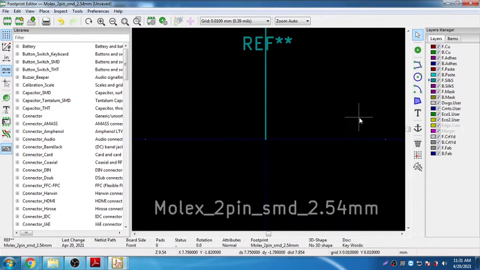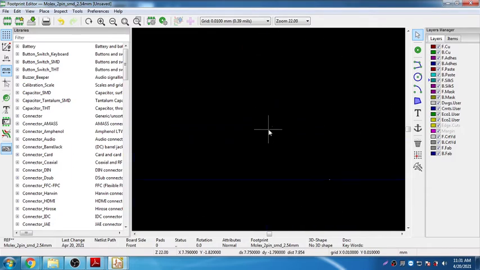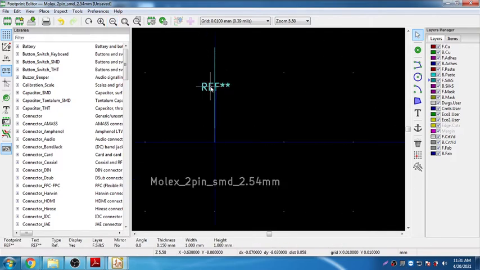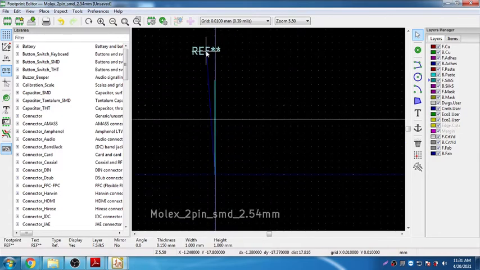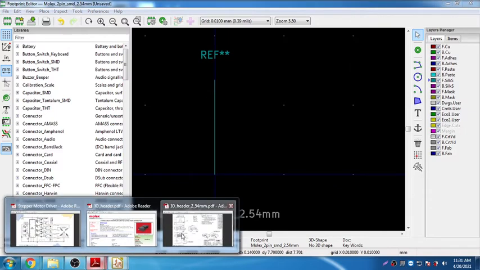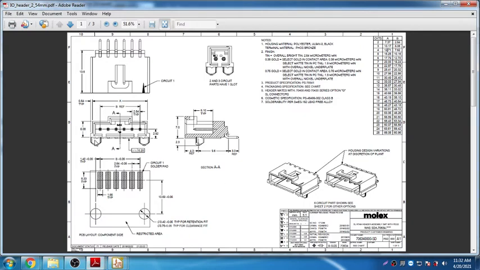Just look at the line. The line is somewhere here, so I can move this reference somewhere to the top. One line is drawn, the second line I need to draw. Look at the design again. That is A. What is this A?